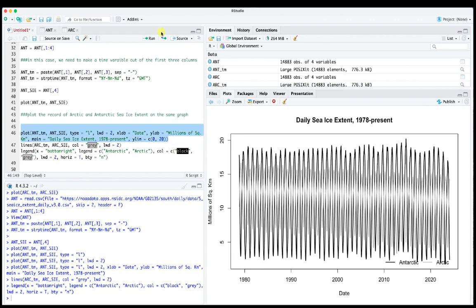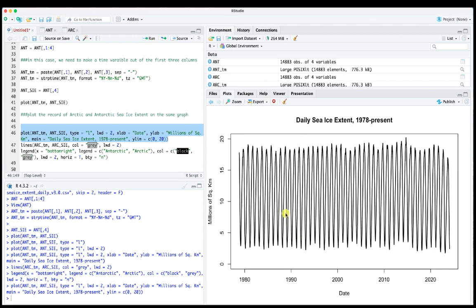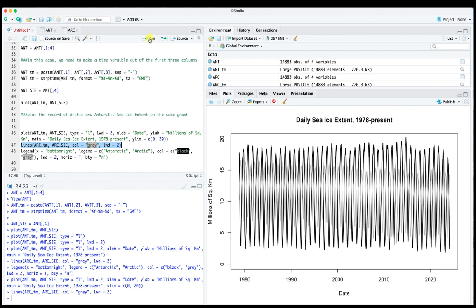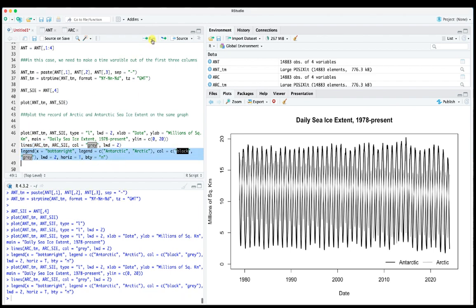So when we do that, you can see that it moves the whole chart up. We might have room for a legend down here then. And we'll add our lines. Yep. And then we will add our legend. Okay, that looks pretty good here, right? So you definitely see here that we have a really big seasonal signal in both of these, right? So sea ice is highly seasonal,